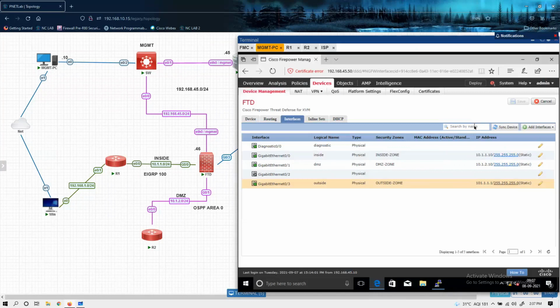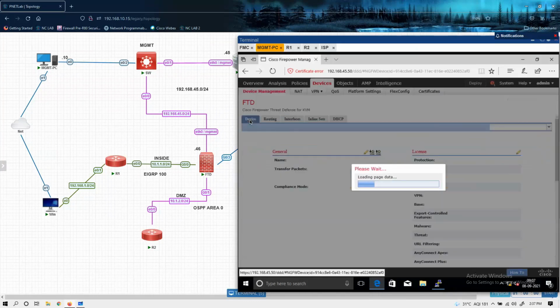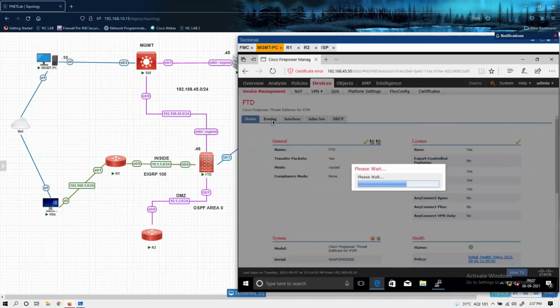Okay, it is saved. Now here you will find this routing tab. This device tab will give you the information of this FTD: what is the model number, what licenses are enabled, what is the management IP address, and everything. And in this routing tab, you can configure routing. I will show you that.